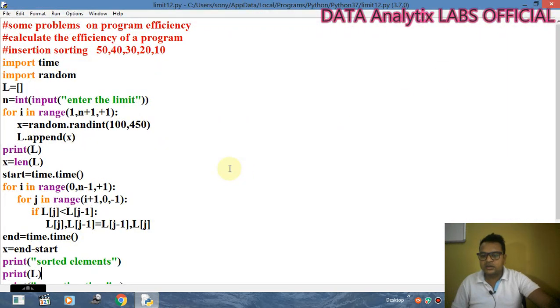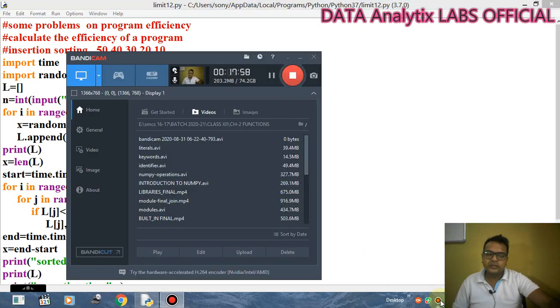So I hope these three programs are clear to you, that how the execution time of a program we can calculate. With a complex problem also we can calculate this one, and even there is a hint for the project. आप कुछ ऐसे प्रोजेक्ट्स को बना सकते हैं जो सेम टास्क को परफॉर्म करते हैं. You can calculate the execution time for the average case, best case and the worst case, and then you can plot the graph at the last. That you can do. Clear? So this is all about.